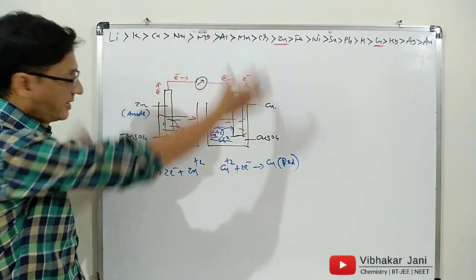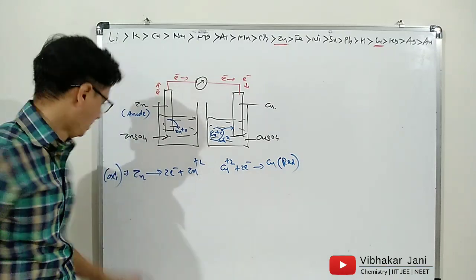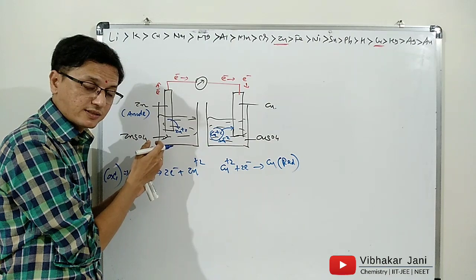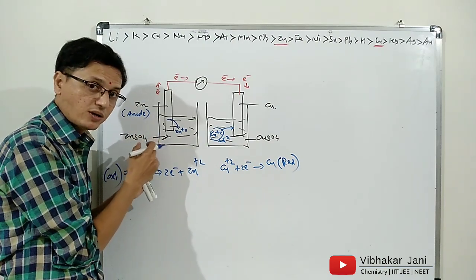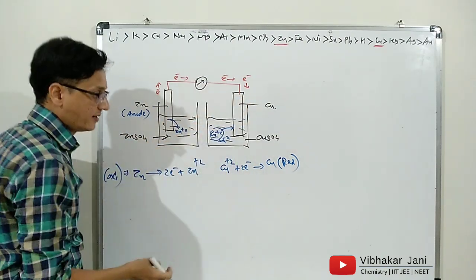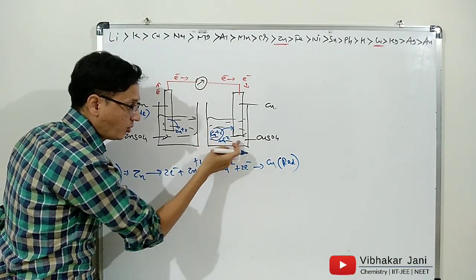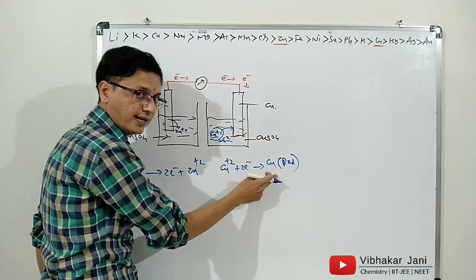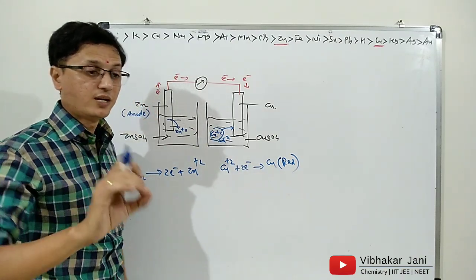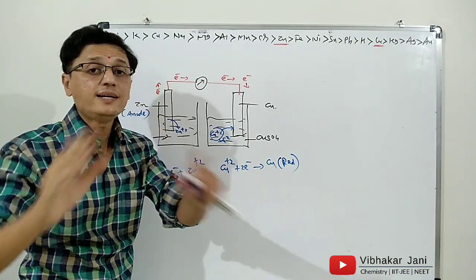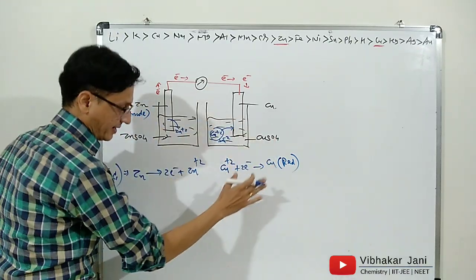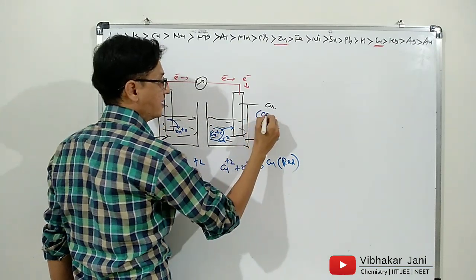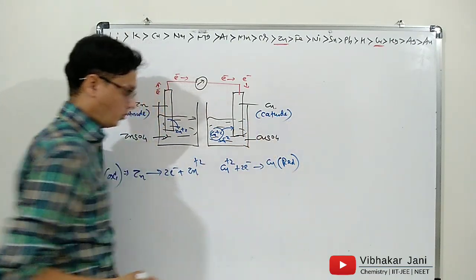So ultimately this cell has a complete redox reaction, oxidation as well as reduction. The atoms in the zinc rod are oxidized and the ions present in the copper sulfate solution, Cu+2, are reduced. And in an electrochemical cell or electrolytic cell or any kind of cell, the reduction half reaction, when it occurs, is always considered the cathode.